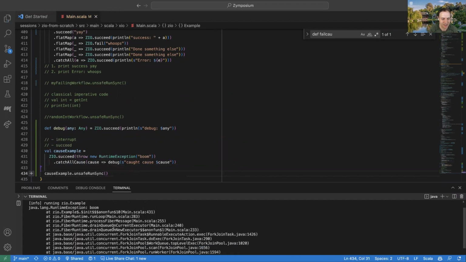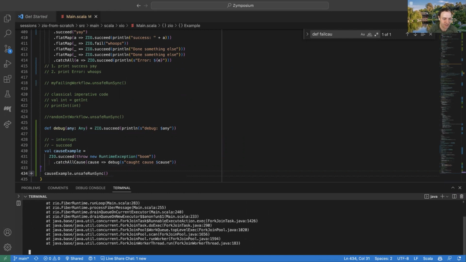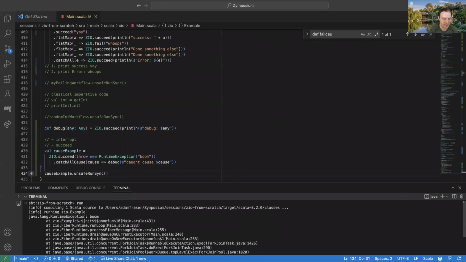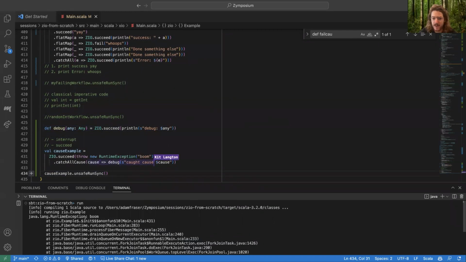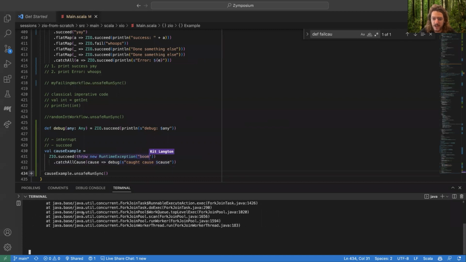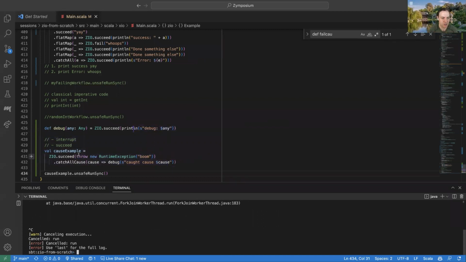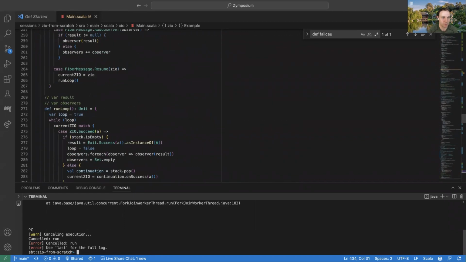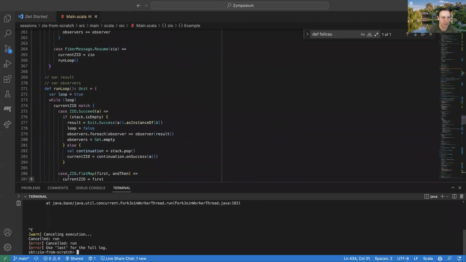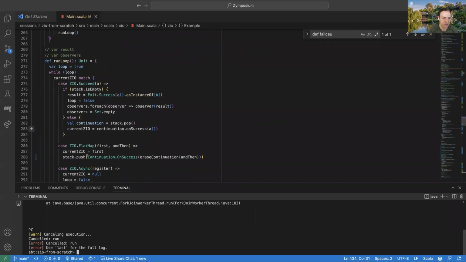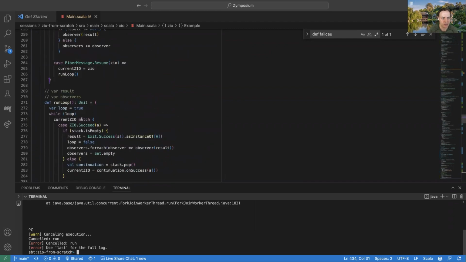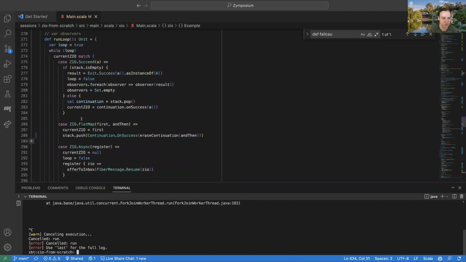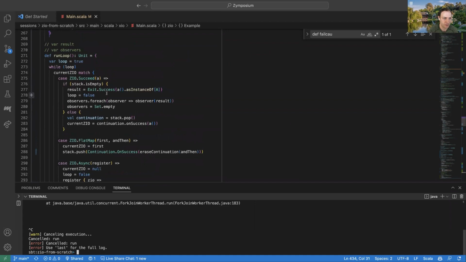Yeah, so we get this completely, I mean, it does get printed to the console, but it is not handled well at all. This is not exiting cleanly. This is not nice at all. It did not run our code, it was not caught in the world. Exactly. And so what we want to do here is basically we're missing a try catch block in the run loop. And so what we want to do is say, try doing any of these things. And then if you fail, then just set the next one equal to that failure here.